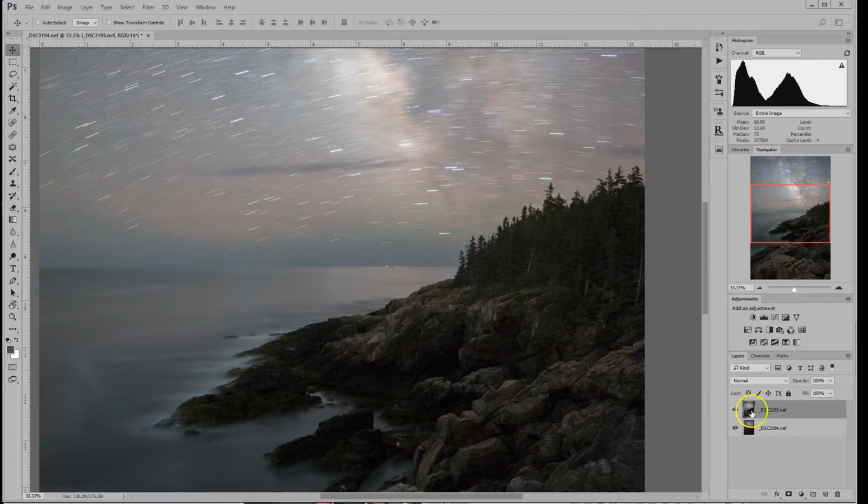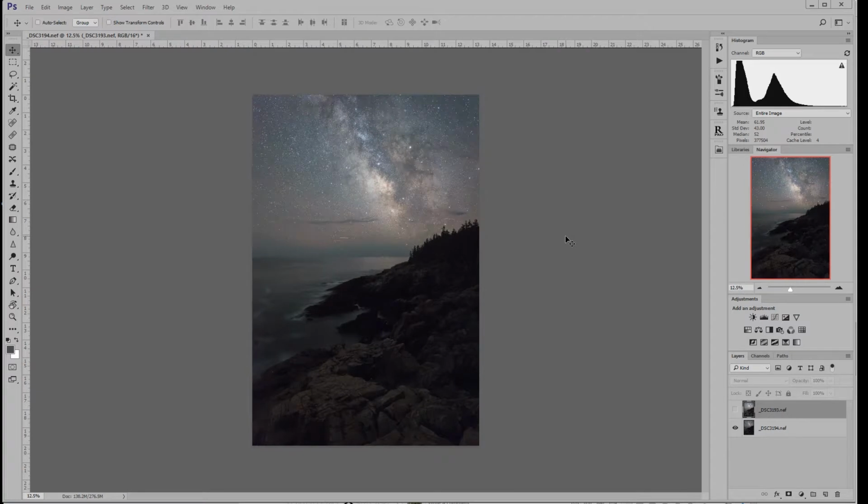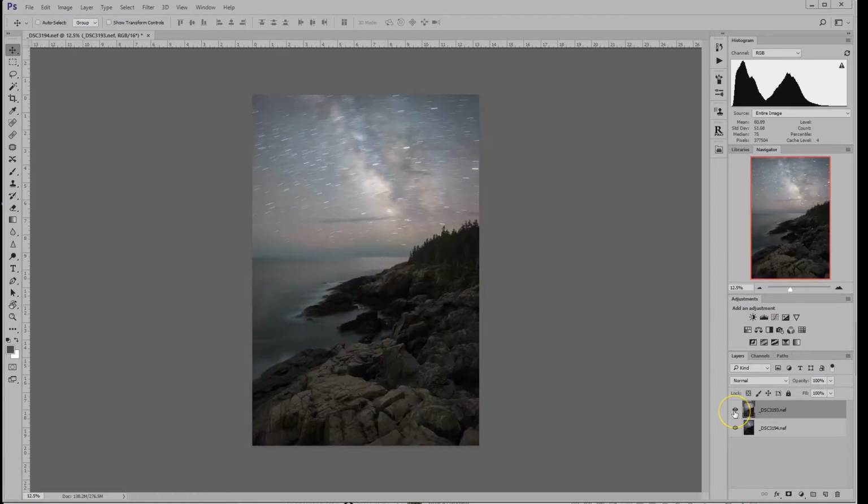But if you see, this is my foreground and this is my sky. I turn this on and off. Everything lines up. We just need to blend in our sky. So turn this back on, and there's a few different ways you can do this. If you are really lucky and you have an easy scene to work with, you can just add a layer mask to your foreground, and with a gradient tool you can just drag the sky back in,